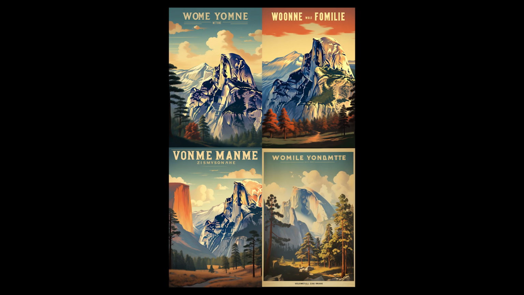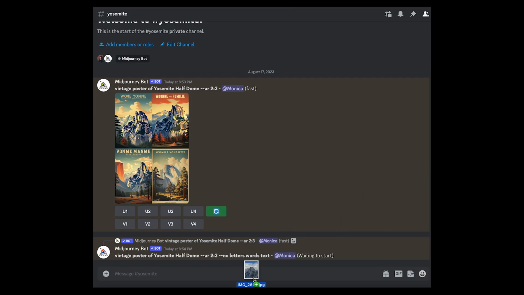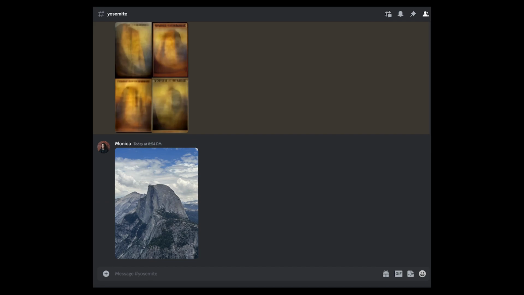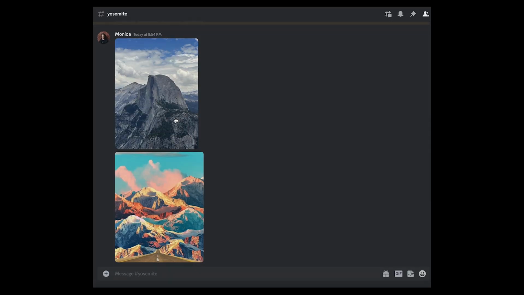You'll notice that Midjourney doesn't do well with text. It kind of has this lorem ipsum feel to it. So if you were going to use this in a design, you would want to mask the type out and use your own type. I'm going to upload a photo I took of Yosemite's Half Dome and upload this other